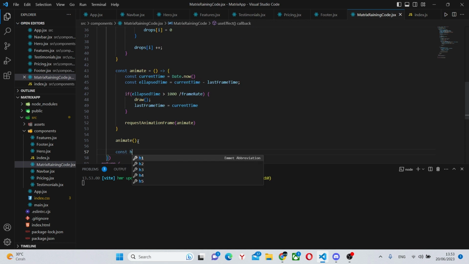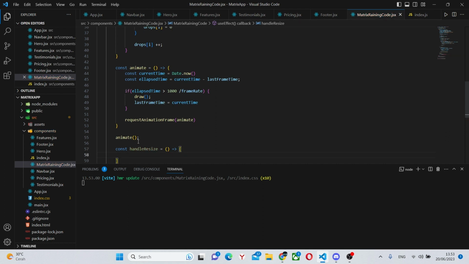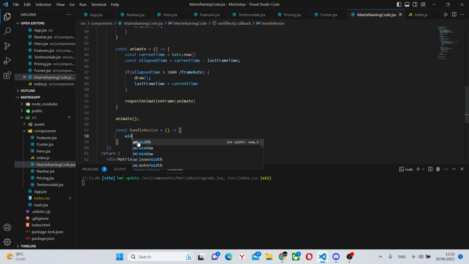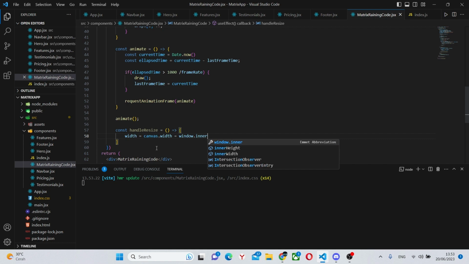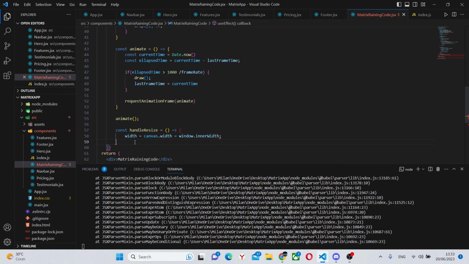Then we'll say const handle resize. So another arrow function. In here, we say width equals canvas.width equals window.innerWidth. And I made a mistake.